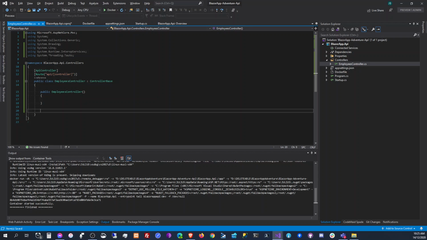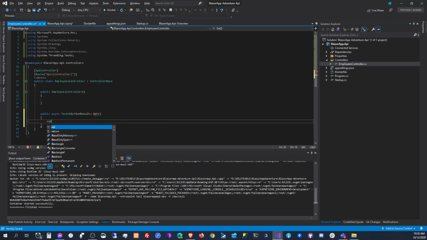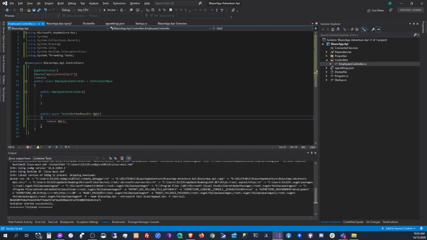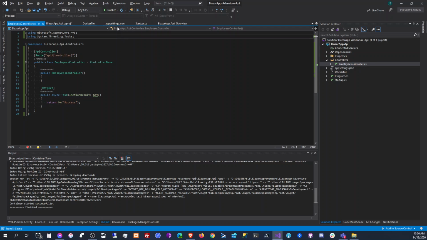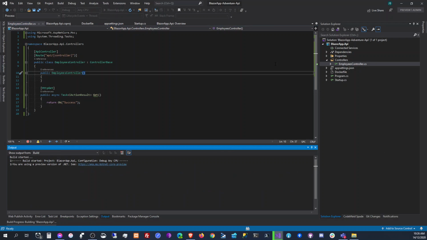Then we're going to add a sample get endpoint, so it's going to return an OK status, and we're going to put an HTTP get attribute, and then we're going to say OK success here, and we're going to remove all those unused using statements, and we're going to now run this,